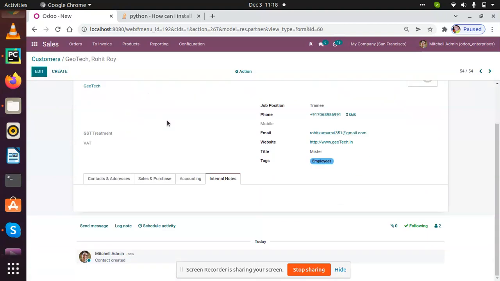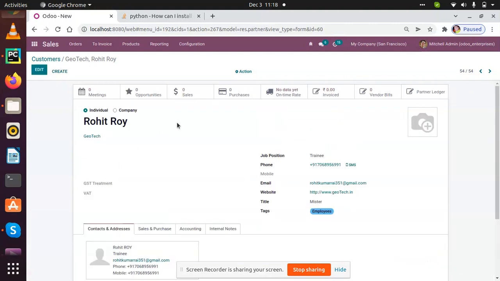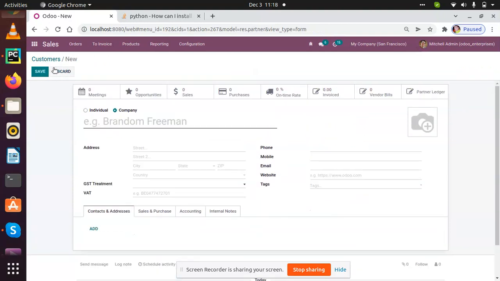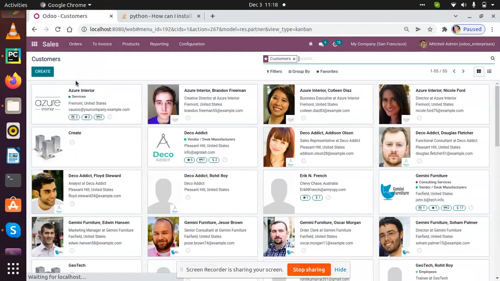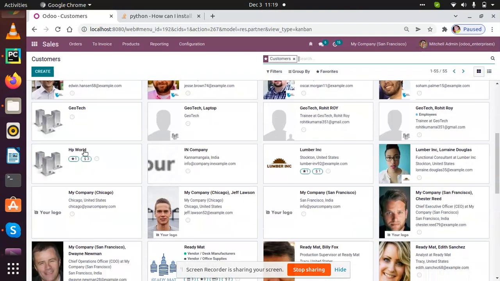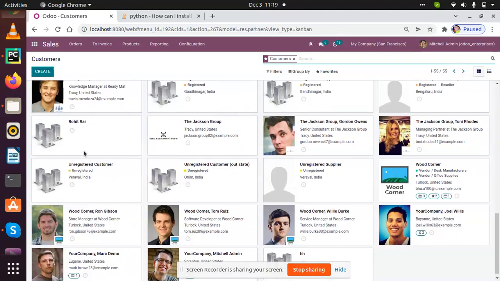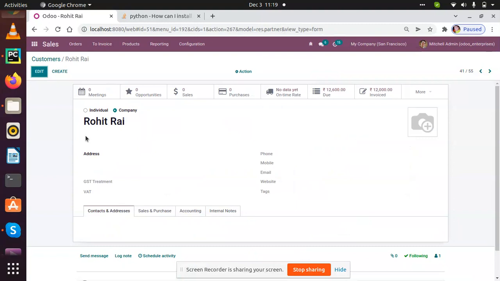Yeah. Now you will see my saved data here. Now go to the customers. So I think this is the form, and now we will see where it is. I think this is the field.